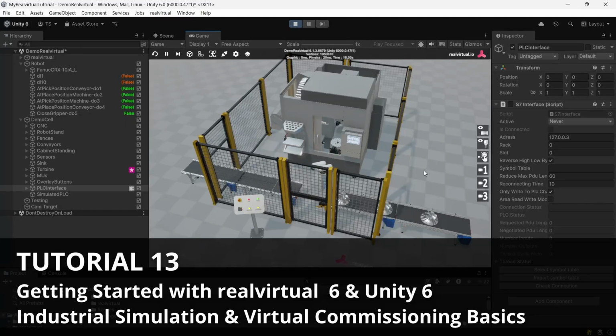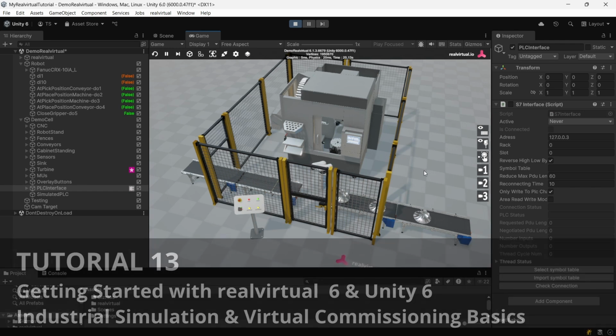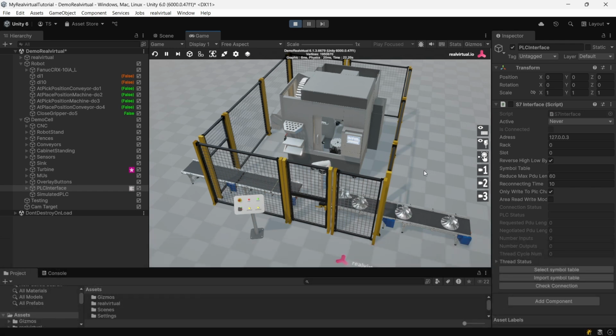Hi and welcome. In this video, I'll show you how to get started with realvirtual 6 for Unity 6, the powerful toolkit for building industrial simulations and setting up virtual commissioning systems. Whether you are developing a digital twin, testing automation logic with real PLCs, or creating a fully interactive factory model,